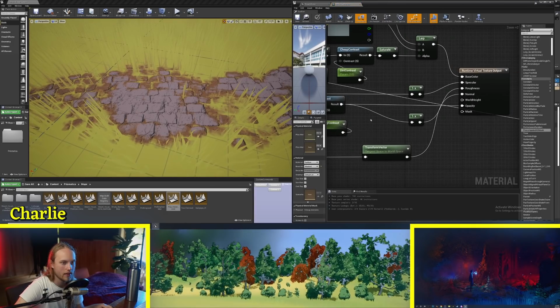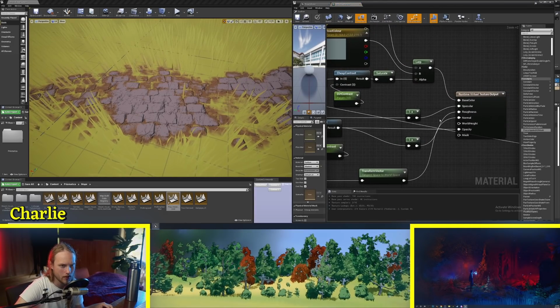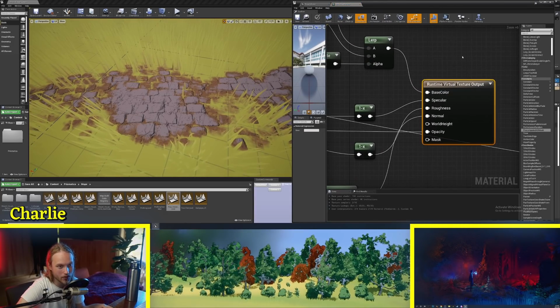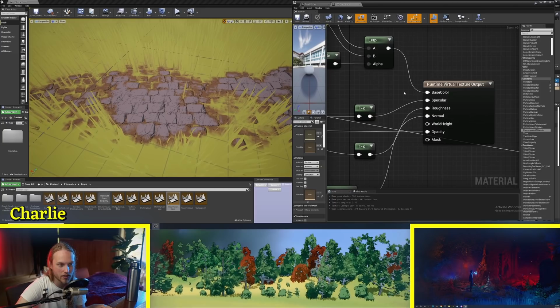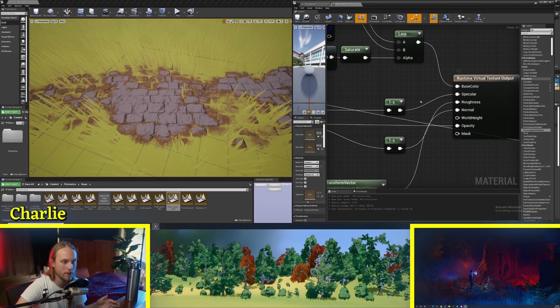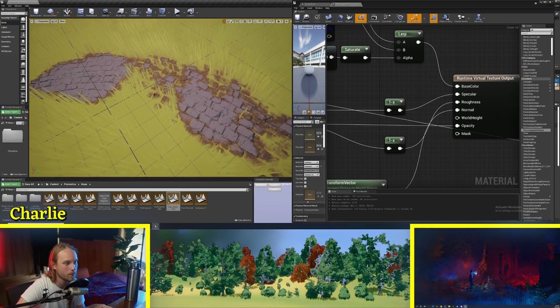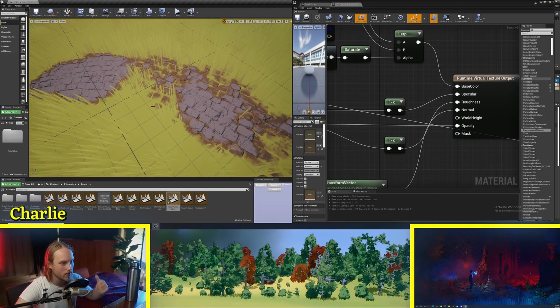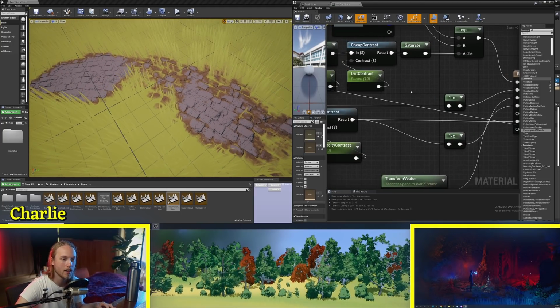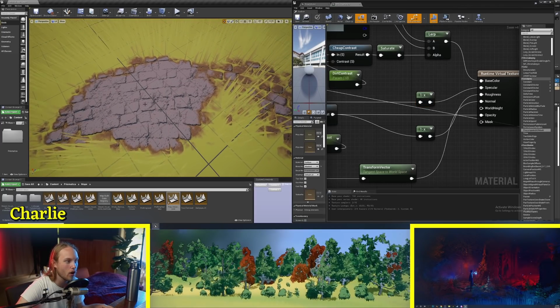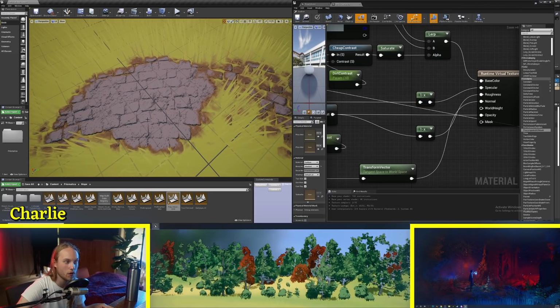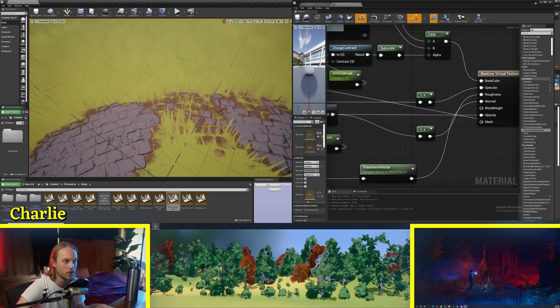Now, one last thing that I do, I actually use the specular channel of my Runtime Virtual Texture as a height map for the actual landscape. So I can pass through the height map and use that for some cool landscape effects. But the cool thing about this is that we can actually write the height map of the road onto the